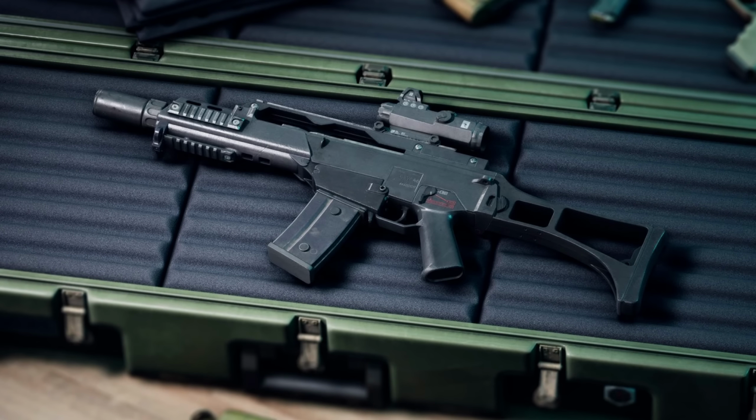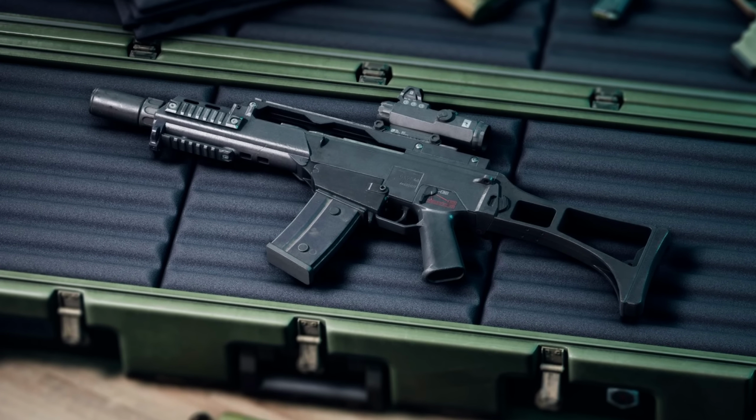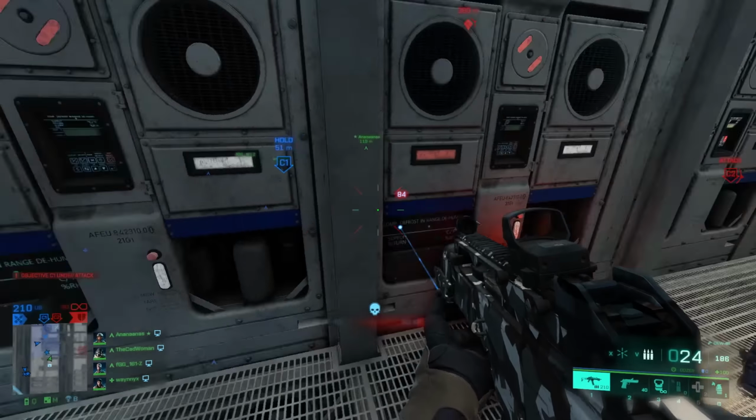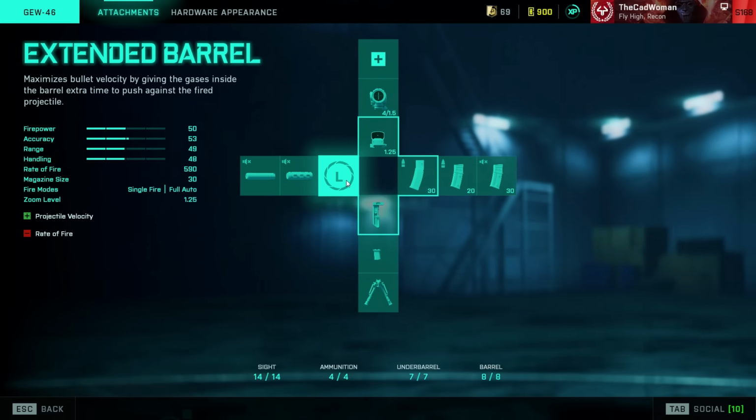So let's get right into it with the new assault rifle, the GEW-46. This weapon is heavily inspired by the G36, can be unlocked at tier 28 of the current battle pass and is a very versatile AR at its core, but comes with a strong horizontal recoil that can be challenging to control. It offers a wide range of customization options with several optics, barrel attachments, underbarrel attachments and 3 different types